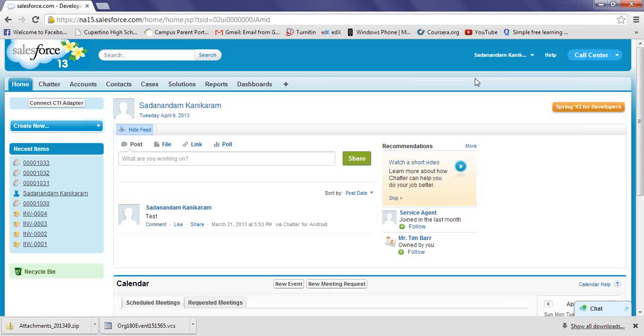Yes, we get to control that. For example, if I am a basic user, after I log into the Salesforce application, I get to see limited tabs, limited drop-down values, and limited functionality. But when I log in as a different person, the view is not the same for everybody. Is that right? Yes, that's correct.